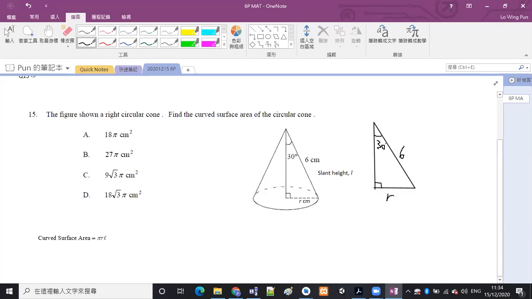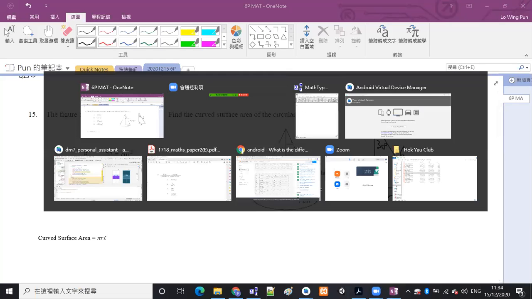This r will be the opposite side, and 6 is the hypotenuse. 係嘛？對邊斜邊。咁就係咧，we are going